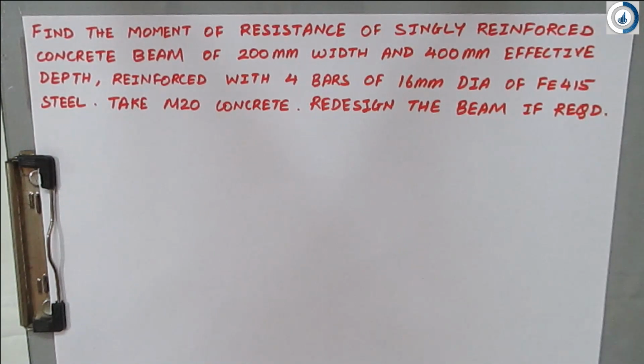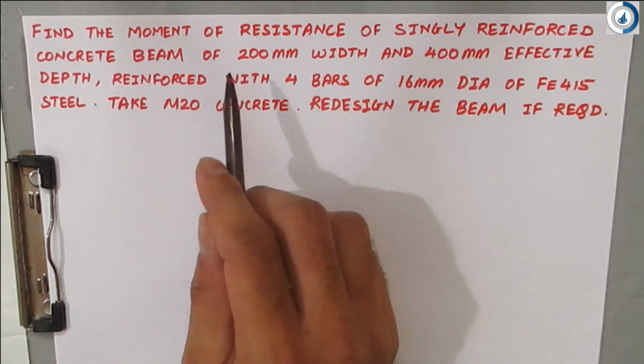So this video will be the analysis of a singly reinforced beam. We have already solved three types of analysis of singly reinforced beam in different cases. The links of those three videos I will give in the description box, and also one by one in the top I button. The speciality of today's video is what we should do if the section is over reinforced. If we have seen the previous videos, those were all about under reinforced sections. This video covers the case where the section is over reinforced, and what we have to do then. So the question is: find the moment of resistance.